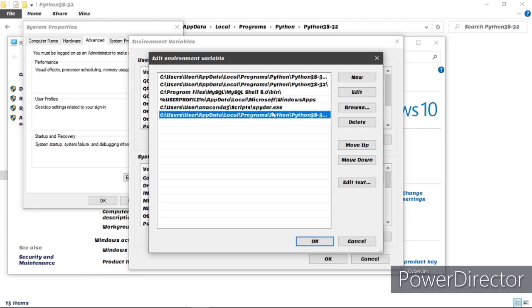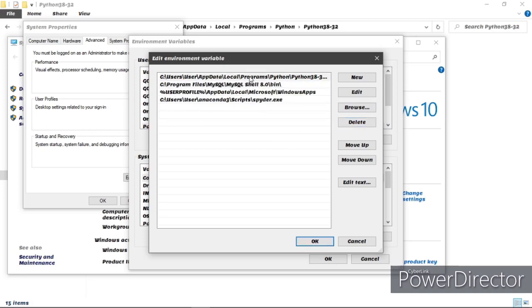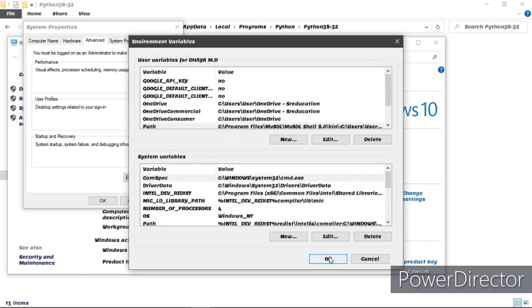That path, and also we did the first method. So both have added the path of Python to this path. So now I am deleting these paths for showing you freshly. Now I am adding a new path. Now slash python.exe. Oh sorry, this slash python.exe. Now press OK and also click OK.